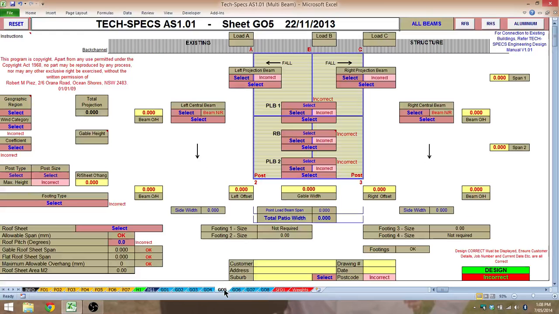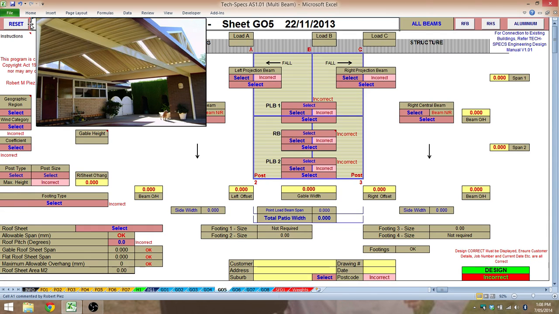Gable option 5. Quickest and easiest way to explain this page is to show you the picture. You'll see it gives you a front edge beam or point load beam that will span greater than your gable width. So if you don't want posts directly underneath the projection beams of your gable, this is the page you would use. It gives you the option of central beams in the flat sections either side if they're required, but both